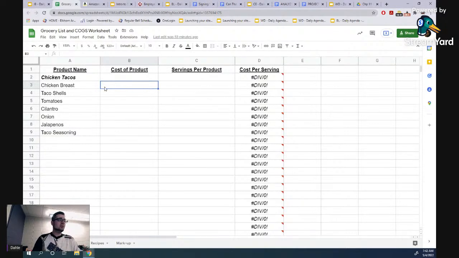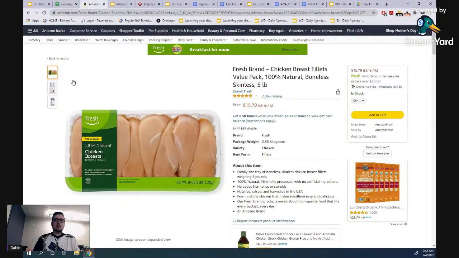So the way that we're going to do this, and I'm just going to use Amazon, right? So if I need to go buy chicken breasts, I'll go over here. I've already found some chicken breasts here. So I can see that it's $15.79 for this 5-pound container. So I'm going to go ahead and take this $15.79,